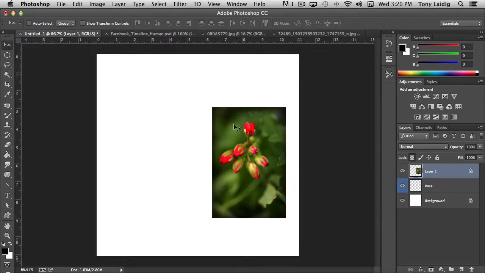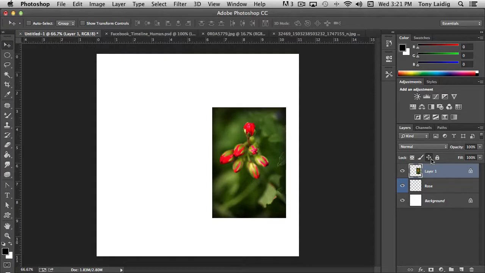It would replace the photograph with a color, but it would only fill wherever the box is. If I choose to lock the image pixels, that means that the only pixels that are affected with any kind of edit changes that I want to make on this layer are the pixels in the image itself. If I lock the position, you notice that I can't move it,